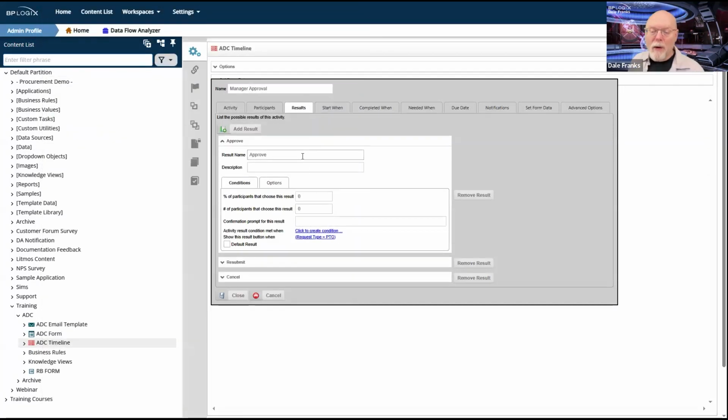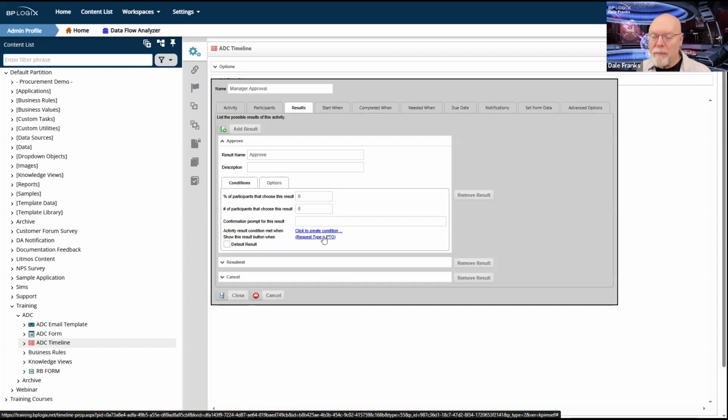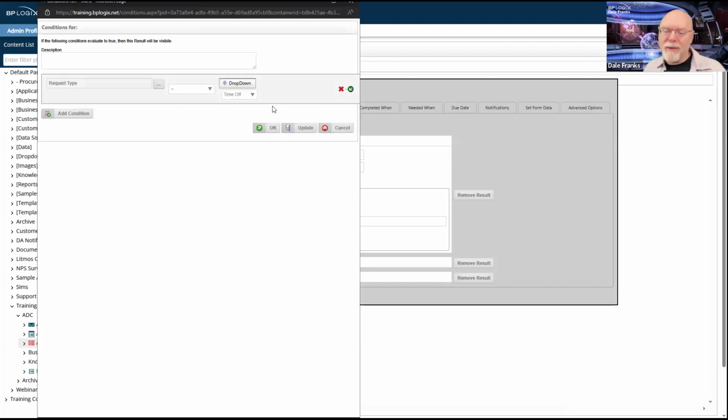Okay, so I will only see my approve button whenever the time is PTO. So if the request type is PTO, I'll see that button. Now, I also, since I've done it, I also want to show you. In this particular case, since this is a drop-down object, I went ahead and used drop-down, and then from drop-down, I was able to select time off.